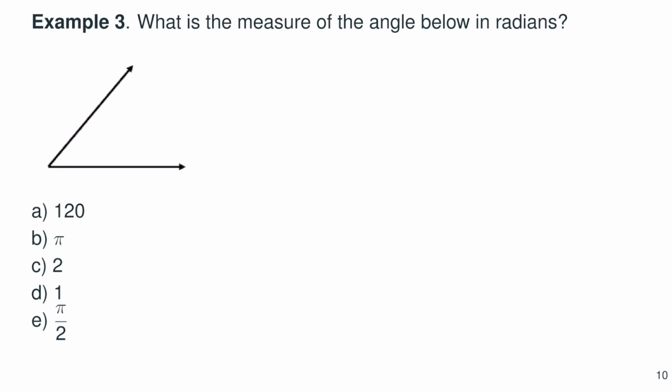Okay, example 3. What is the angle measure of the angle below in radians? What is this angle? Again, all these are in radians. When a real number is given without any unit next to it, it's usually assumed to be radians. So here we're approximating, because this is multiple choice: 120, pi, 2, 1, pi over 2. So let's eliminate. It's definitely not 120, because 120 radians means that if we have the radius length,